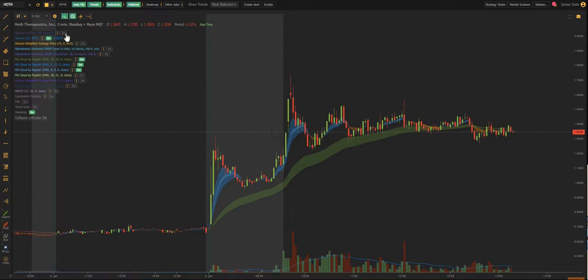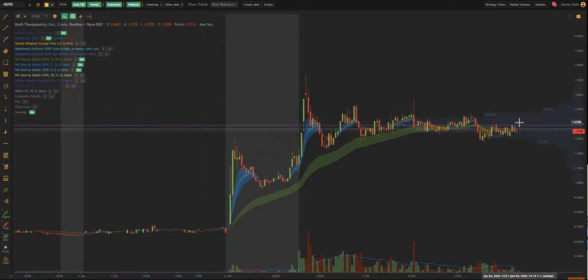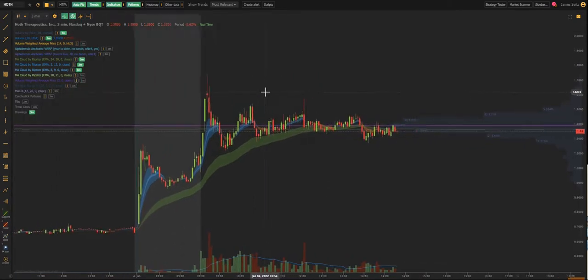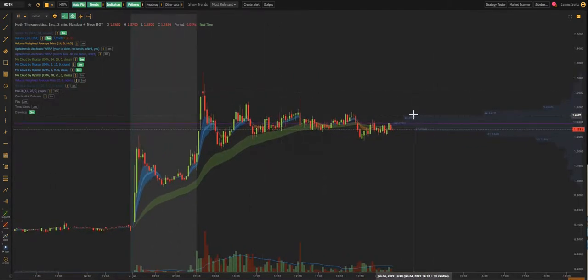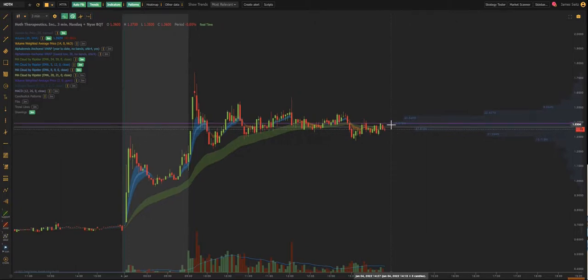But if we add this volume by price, you can see along the right side here we get these blue bars. And these are really cool because then you see all this volume came in roughly between $1.42 and $1.46. We get the most volume right in this like 130. I can't really read these numbers that well. That's probably my only complaint so far about Trendspider. I wish I had the ability to make these numbers a little bit bigger and brighter, but I don't think I can. But you can see we get a ton of volume at these levels, so it is acting as